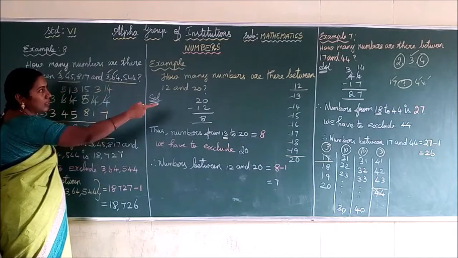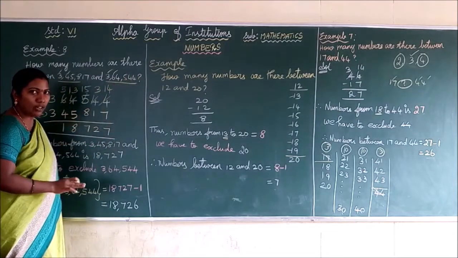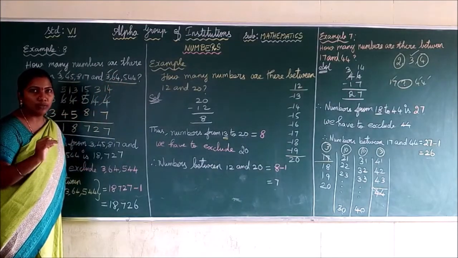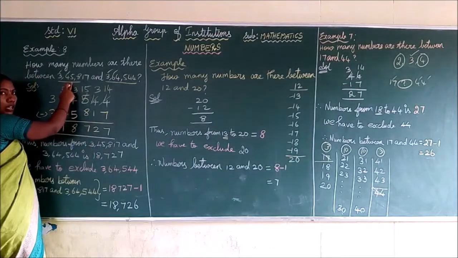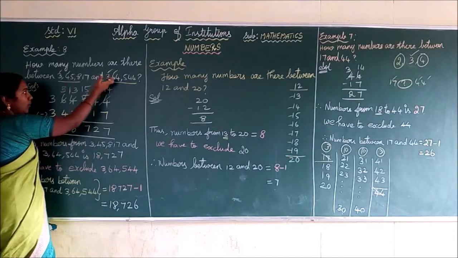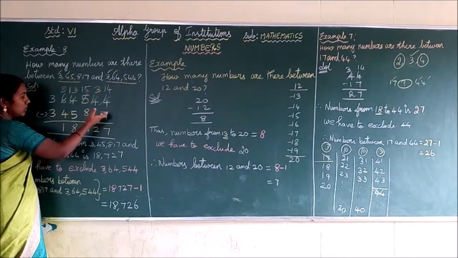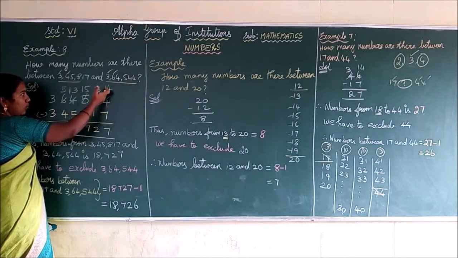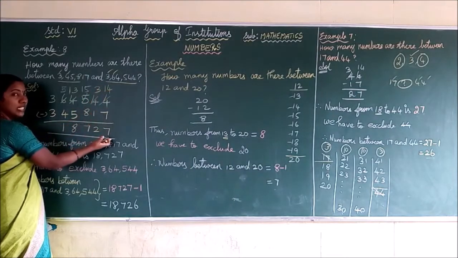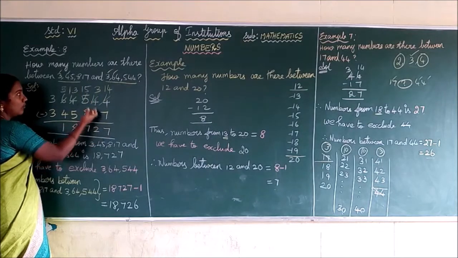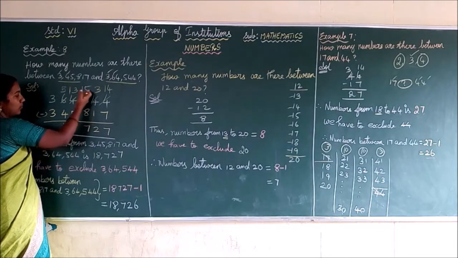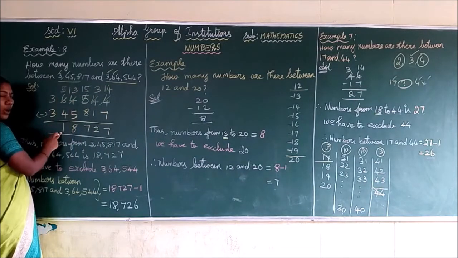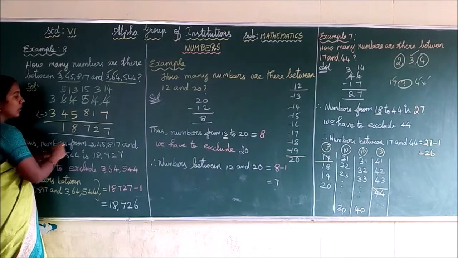So as per this example and example 7, to find the numbers between given numbers, you have to subtract the smaller number from the larger number. So this is the smaller number. You write this number here and you write this number above. Now we are going to subtract this number from this number. You know the borrow subtraction. So subtracting: 14 minus 7 you get 7, and 3 minus 1 you get 2, and 8 from 15 you get 7, and 5 from 13 you get 8, and 4 from 5 you get 1.